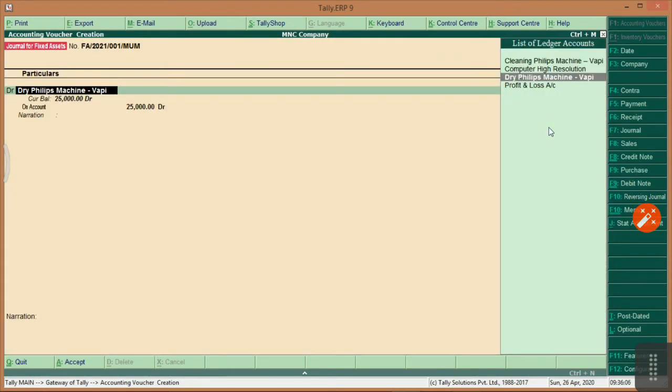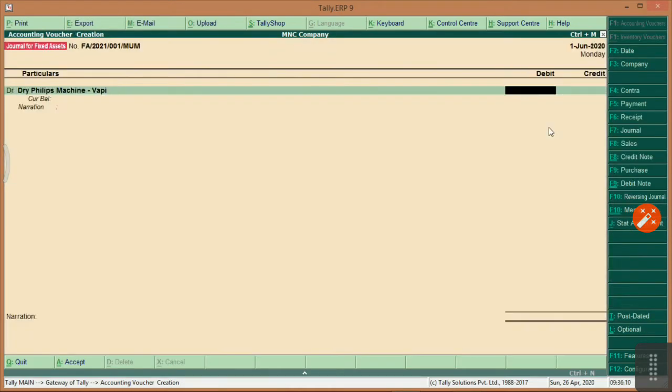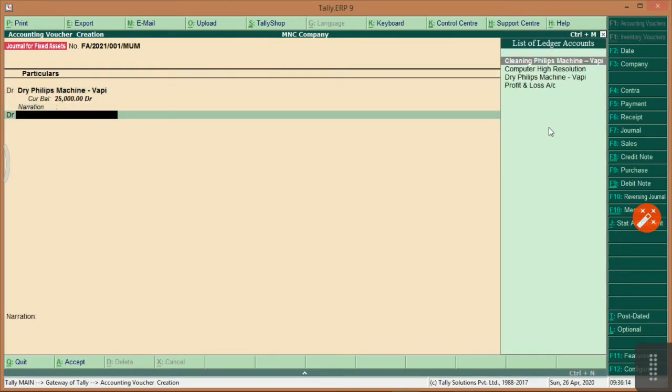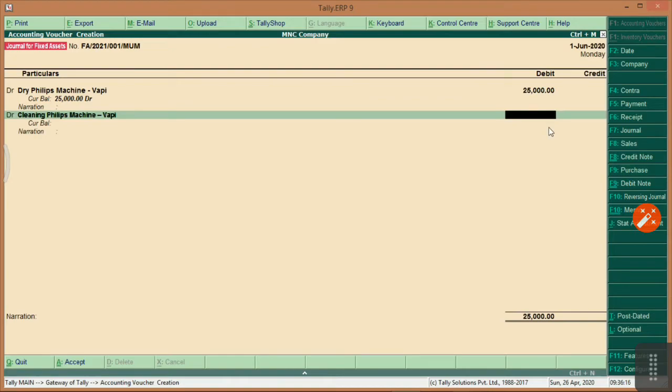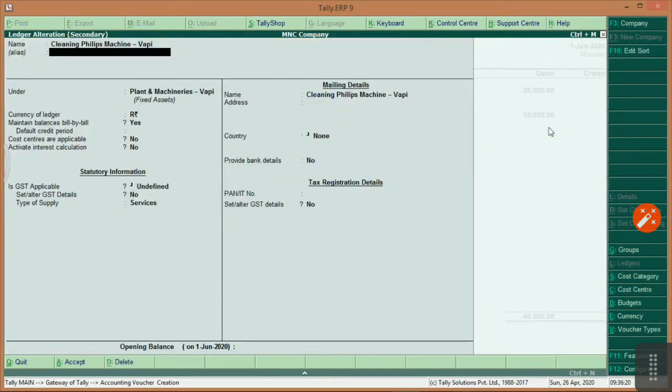Sorry, bill by bill was activated by mistake, it should not be activated. 25,000 debtors, sorry, debit in filling machines 15,000. It was activated, just deactivated.